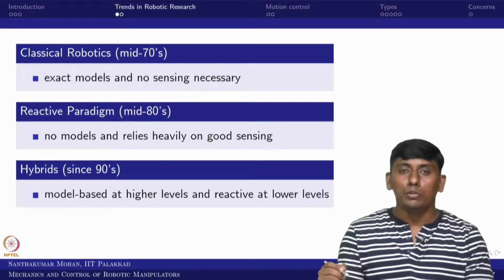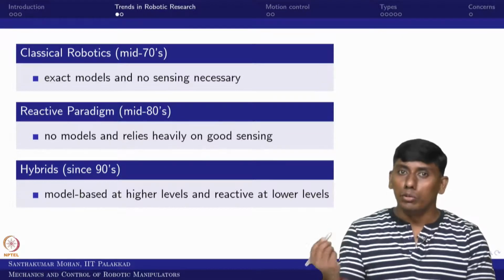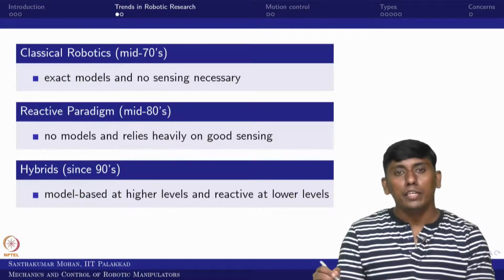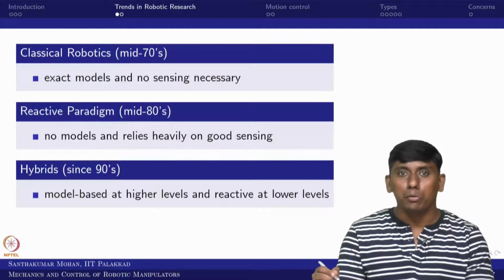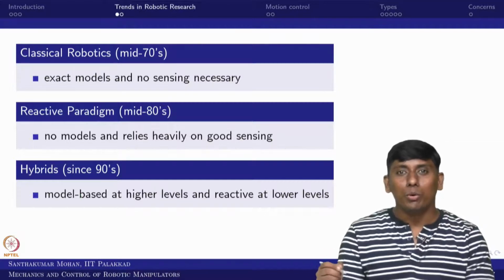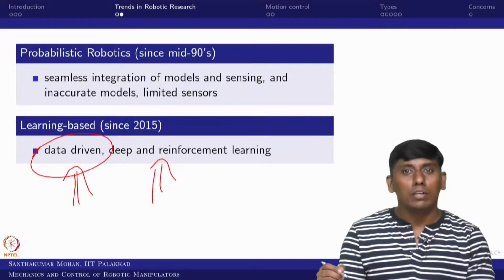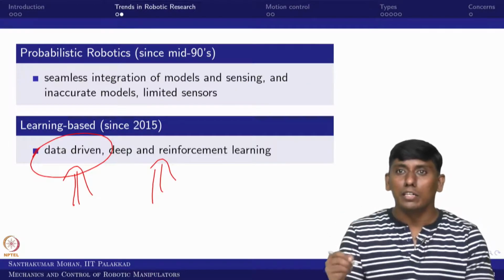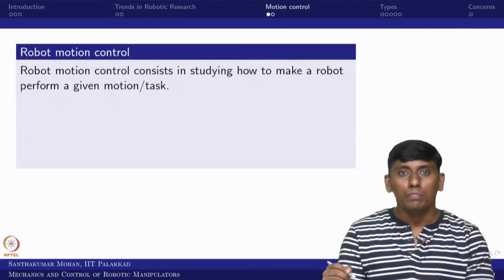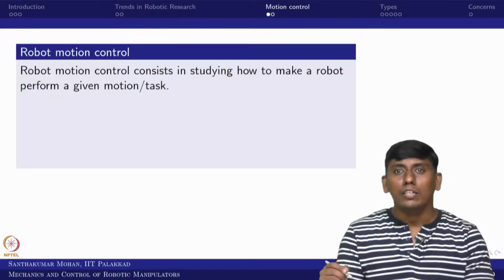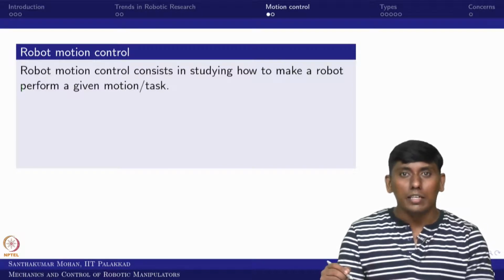For example, even in modern days, when you order a KUKA or FANUC, the robot would have a PID control or PD control. So why it is so, you should know. In that case, we will see the classification of motion control. In that sense, robot motion control consists of several tasks built in.